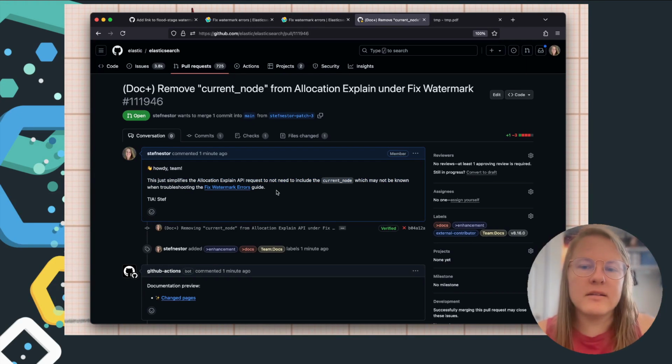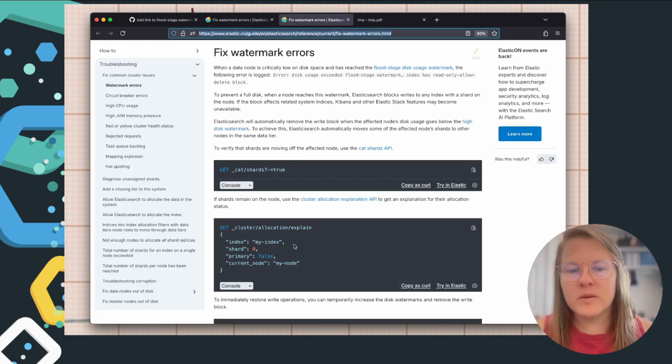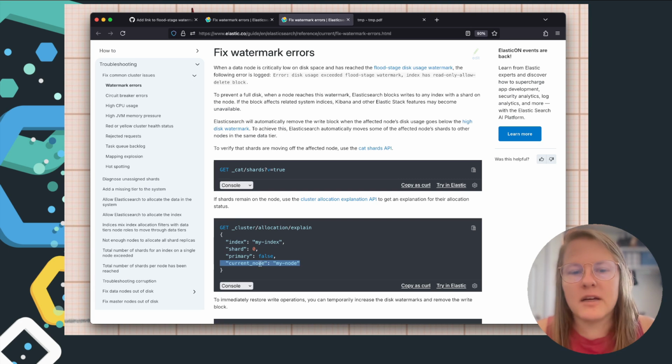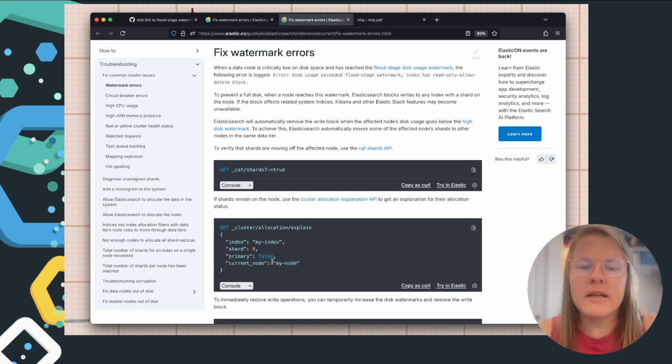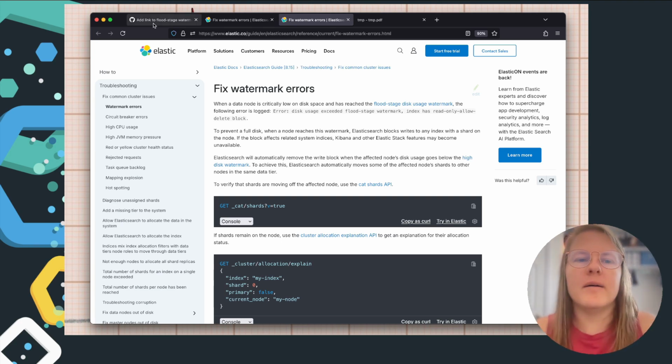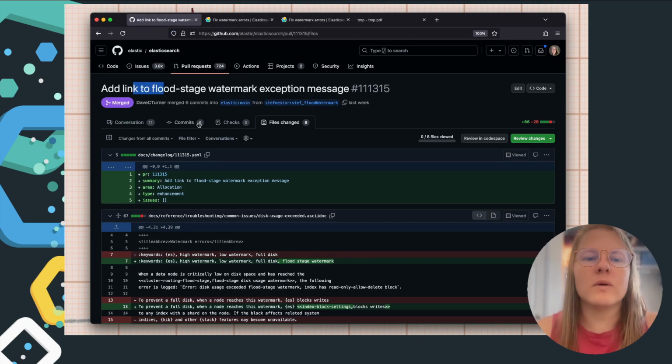So they'll come and approve, and then they will merge it on our behalf. So nothing further to do, which is awesome. Eventually, when those changes take effect, it'll be the exact same doc, just without that current underscore node on it. So let's look at a historical example of this same doc that we did recently in order to flesh out what this looks like after a PR is accepted. So a couple weeks ago,